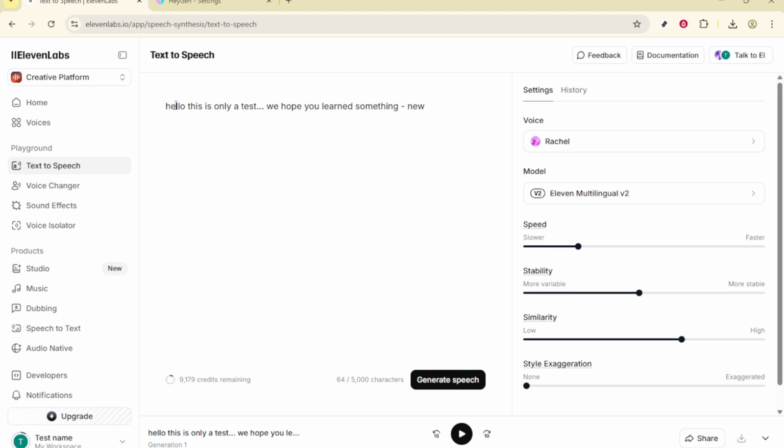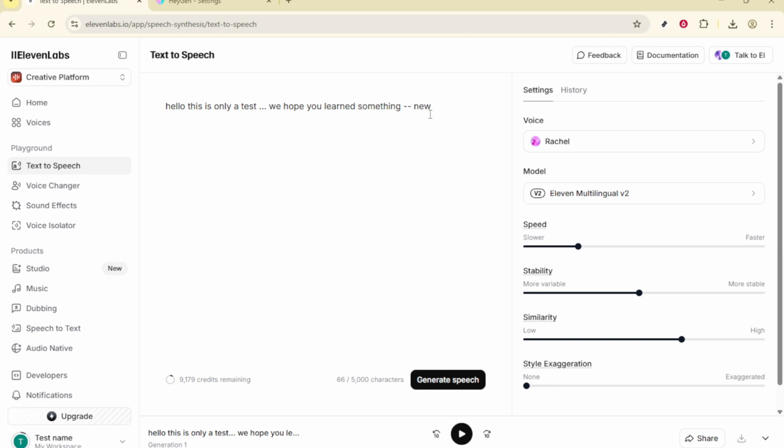Start by identifying spots in your text where taking a slight pause would enhance understanding or add emphasis, perhaps at the end of a sentence or between key phrases. To create these pauses, you can insert multiple hyphens or periods between the words. For instance, using 3 hyphens, like so, or 3 periods, signals to the text-to-speech engine that a natural pause should